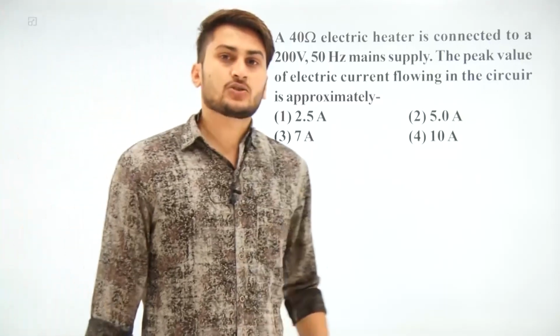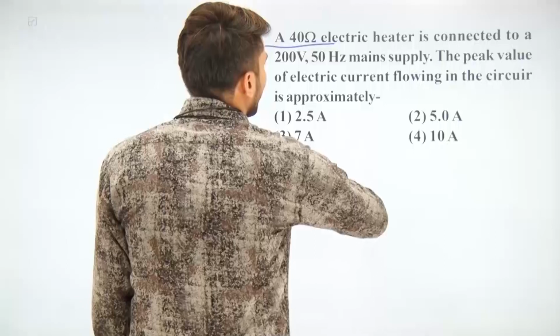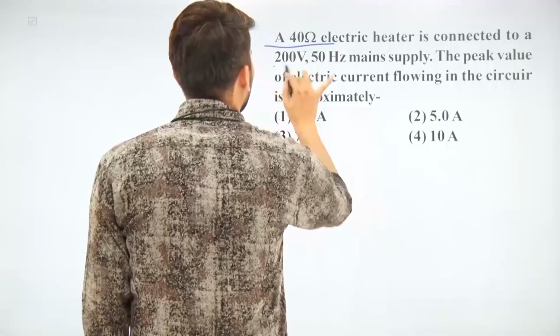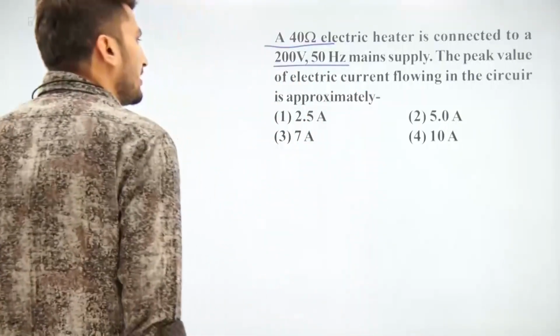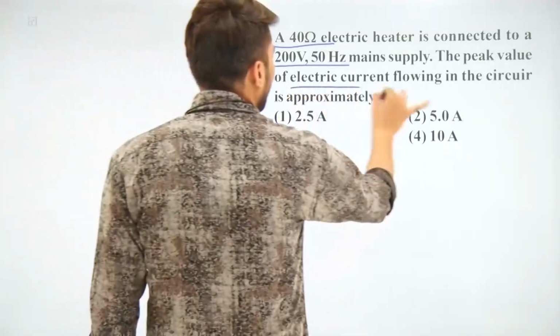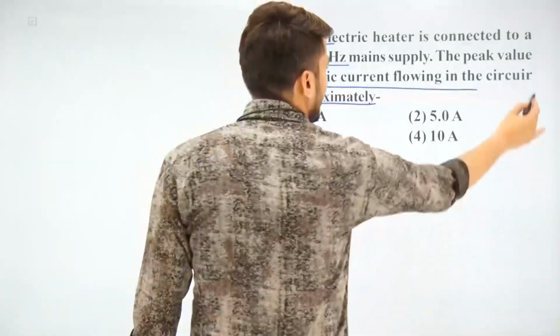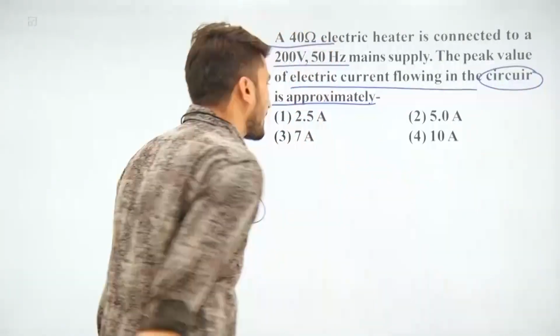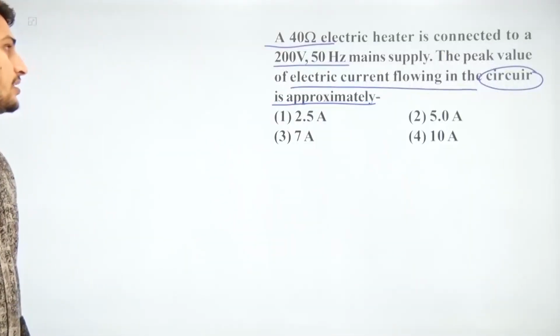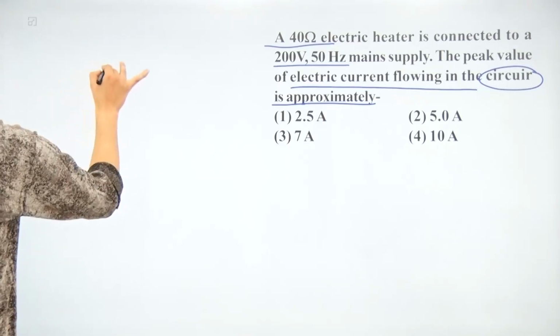Okay students, coming to the next question. A 40 ohm electrical heater is connected to a 200 volt and 50 hertz main supply. Now the peak value of electric current flowing in the circuit is approximately, this is the circuit, approximately. So now if we are talking about the circuit, there is a heater